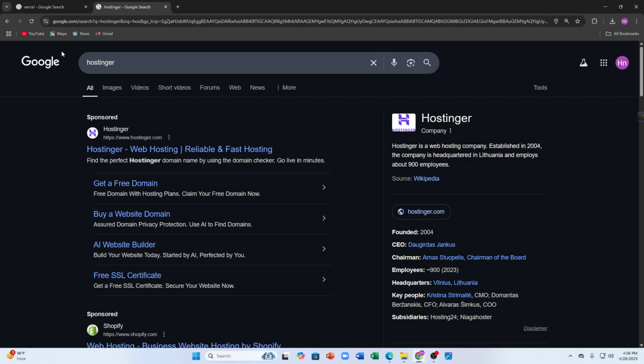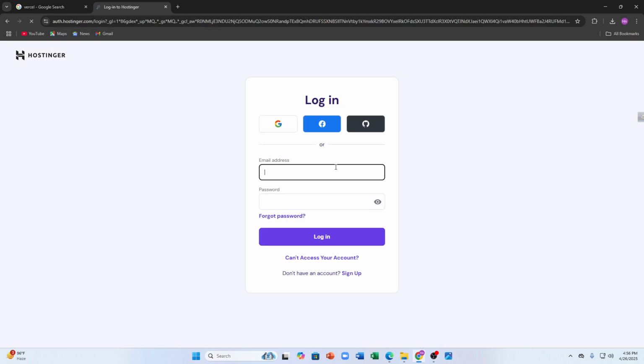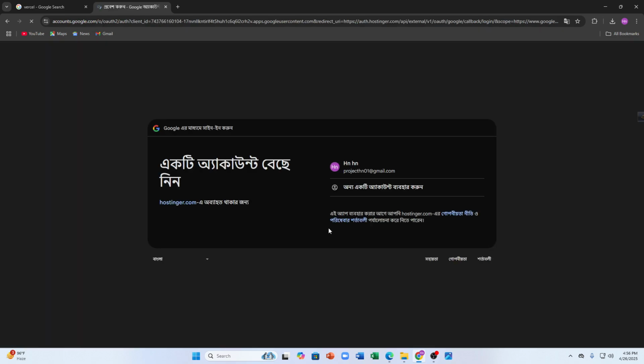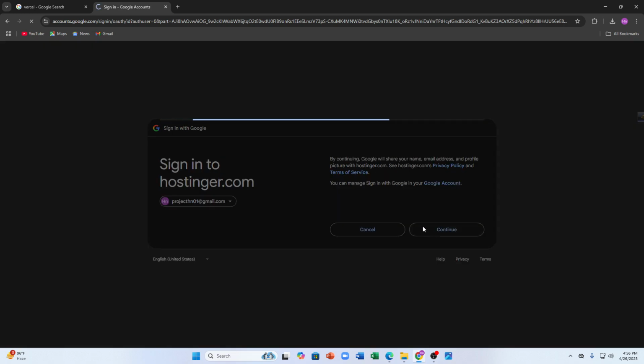First things first, you will need to log into both of your accounts. Head over to Hostinger and sign in. From there you can claim their deal, like $3 plus 2 months free, so around 3 months it is. Then you can log in, if you already have an account, using your Google account. From there you have to choose your email, then tap continue. So you have to log in first,